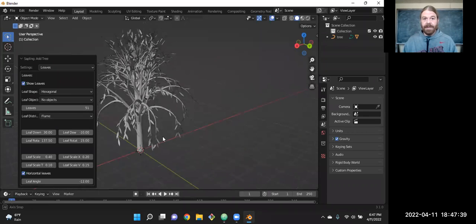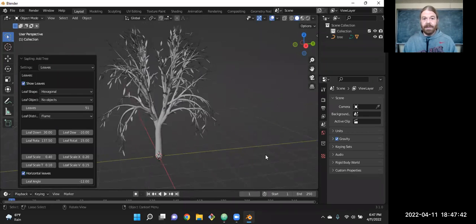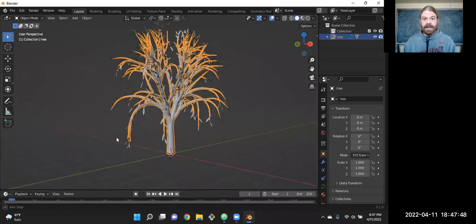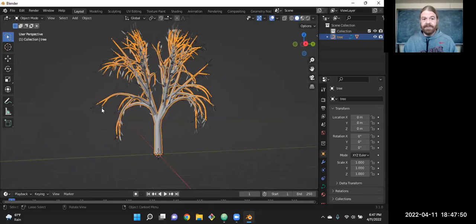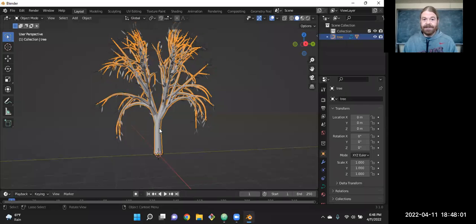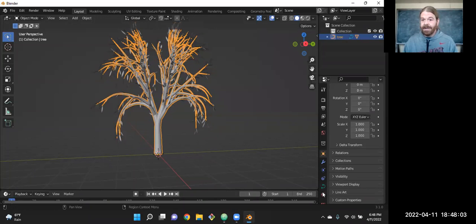And once we're happy with it, like, okay, that'll work. We're going to select it, and notice that the leaves and the tree select differently. So when we go to apply materials and the more advanced materials that we would start to call textures and stuff that we will see later.